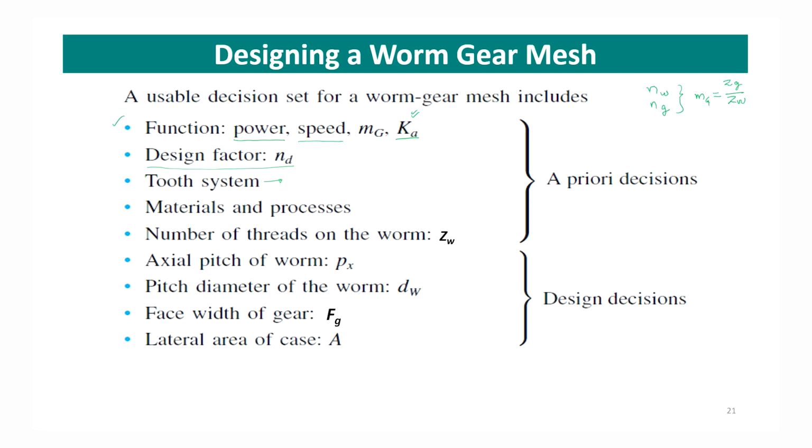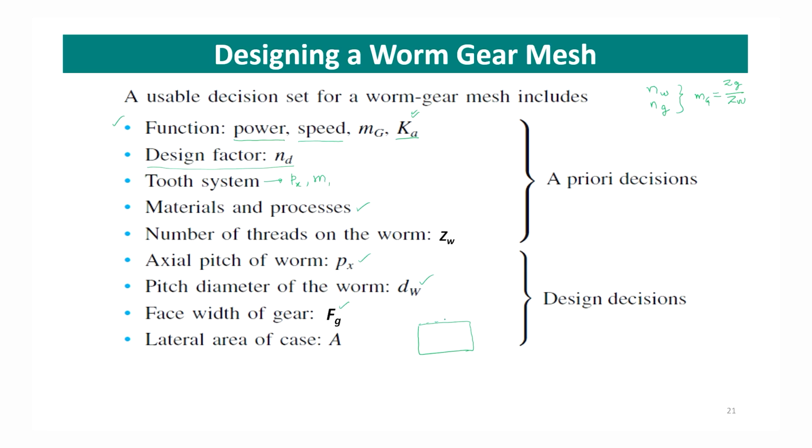In the tooth system, we have to find the axial pitch of the worm, then the module and other systems. Then the material and processes of the worm and worm gear, the number of threads on the worm Zw, axial pitch of the worm Px, pitch diameter of the worm Dw, then the face width of the gear and lateral area of the case. That means this worm and worm gear will be kept in a casing, and that casing will have some lateral area,